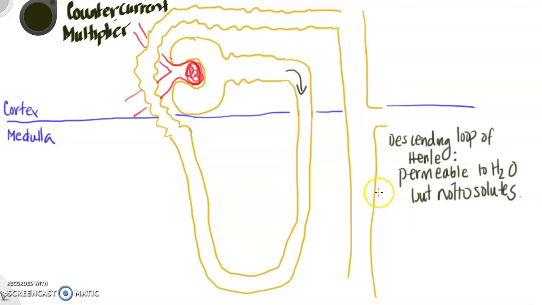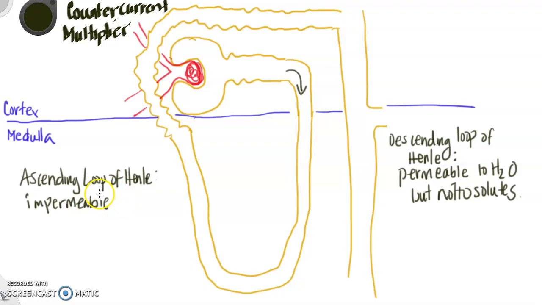So it's only permeable to water. And that's in the descending loop of Henle. The ascending loop of Henle is not permeable to water. So it's impermeable to water,